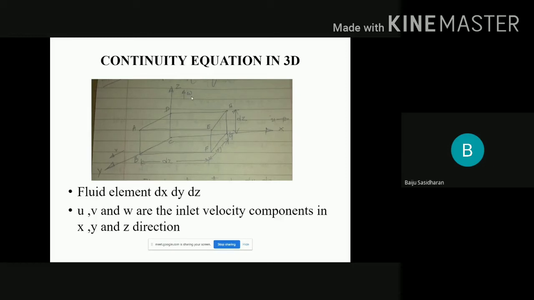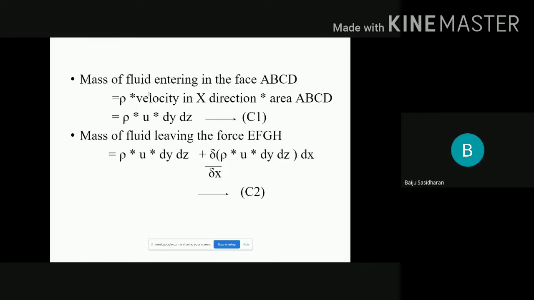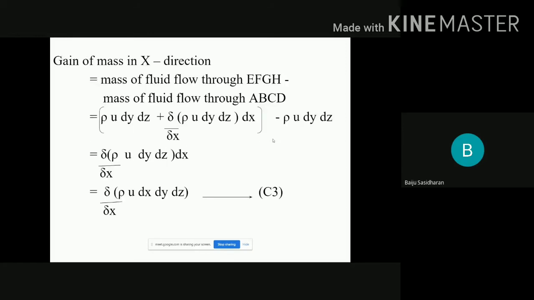along this direction. Once again, you see, the mass of fluid entering the face ABCD and the mass of fluid leaving the face EFGH. Then the gain of mass in x direction is the exit quantity minus inlet quantity. So this term and this term get cancelled. What is the remaining one? Dou by dou x of rho u dy dz dx, which means dou by dou x of rho u dx dy